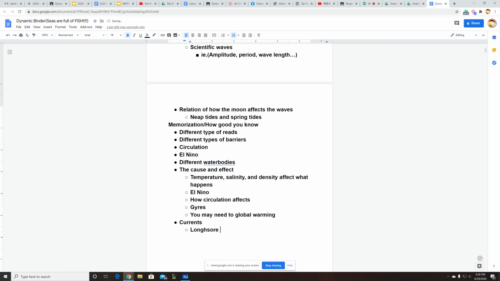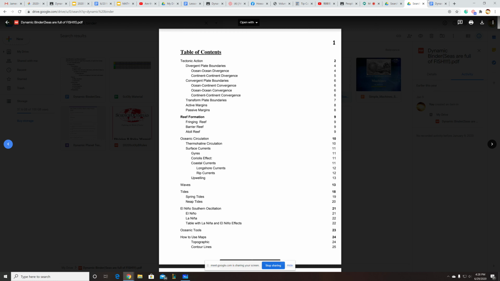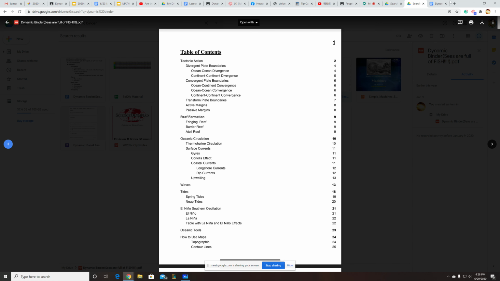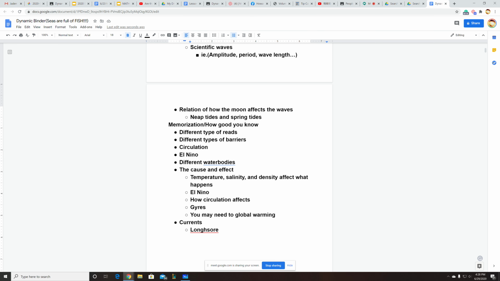There's longshore. I'm pretty sure I only missed currents. Oh, wait, no, I already talked about boundaries. It's just currents, basically. I'm only missing currents. It's basically currents, and then what's it called? Coriolis